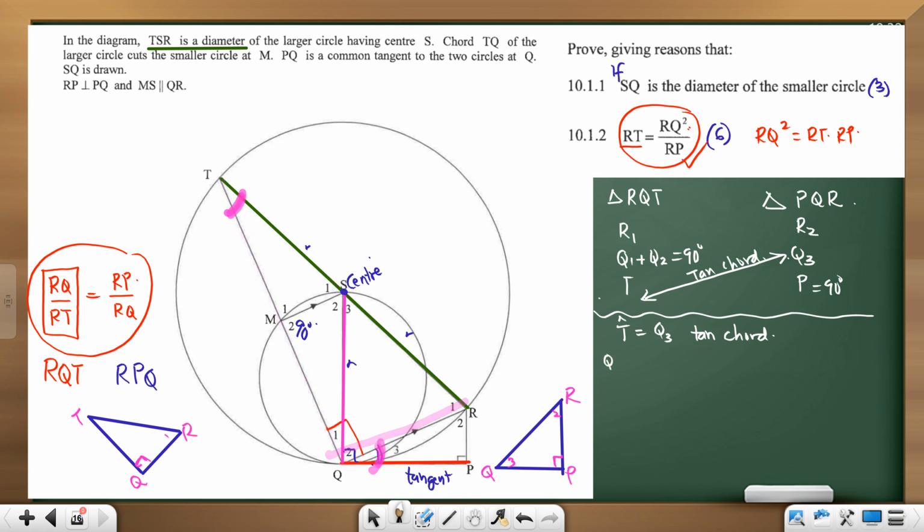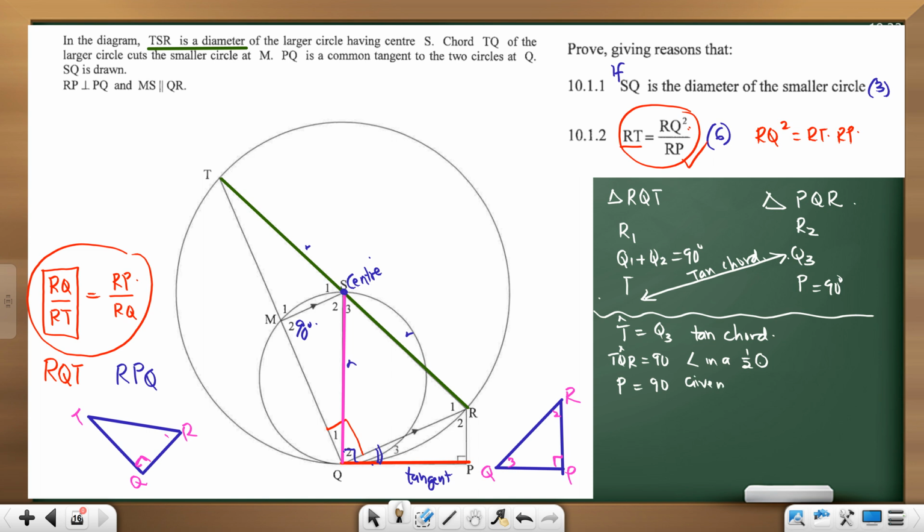Then angle Q1 plus Q2, or you can label it TQR. TQR is 90 degrees, angle in a semicircle,